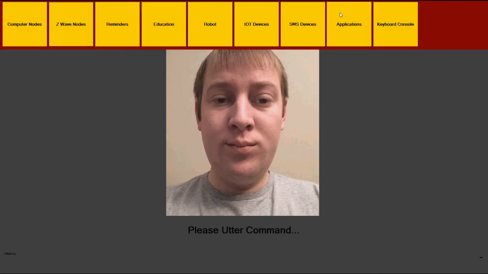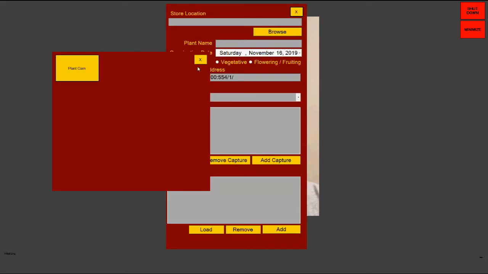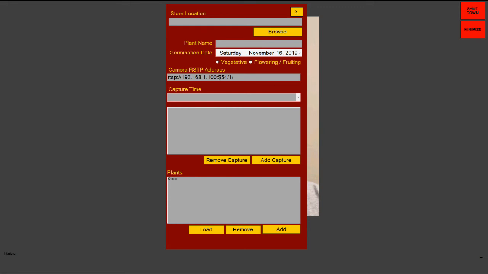The third button added to the ribbon is the app section. This contains specialty one-off things that I wanted to incorporate into the program. The first of which is a plant cam, which is exactly how it sounds, a camera that watches plants grow. I wanted to create this to ultimately create a time-lapse video of my plants from seedling to full-on fruiting and